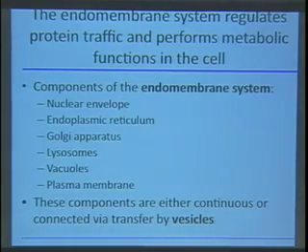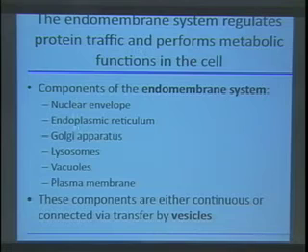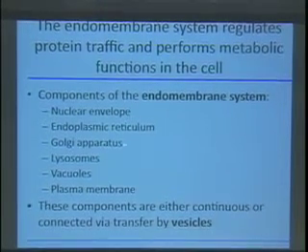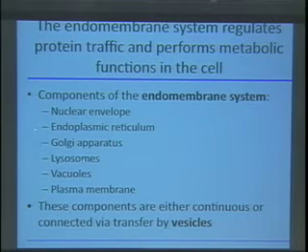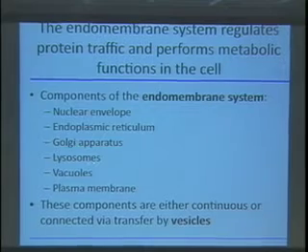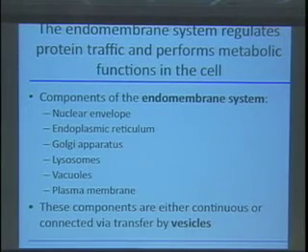Okay, so the endomembrane system is the system that controls protein trafficking and performs a lot of the metabolic functions of the cell. And so this has a number of components to it. The nuclear envelope is part of it. The endoplasmic reticulum is part of it. The Golgi, and then various compartments that are called lysosomes, vacuoles, and the plasma membrane, right? So these are all membranous